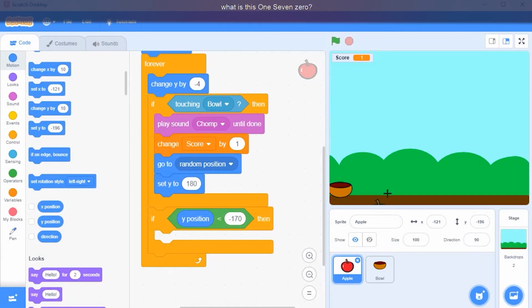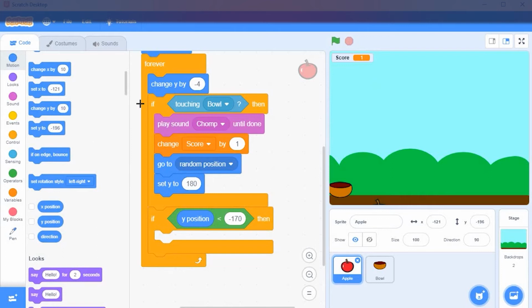What is this 170? You can see the y-axis, which is a vertical axis, and the y coordinates go from 180, which is at the top, to -180, which is the extreme bottom. So here we are writing code: if the y position of the apple is less than -170, then again it will go to the top.